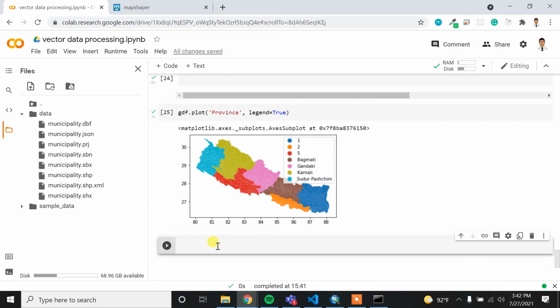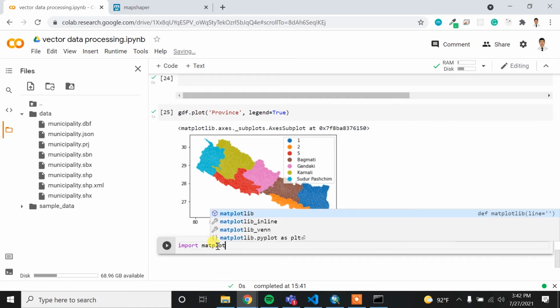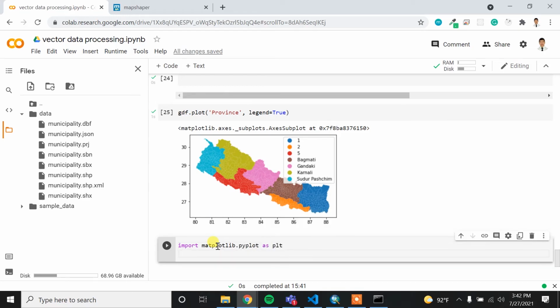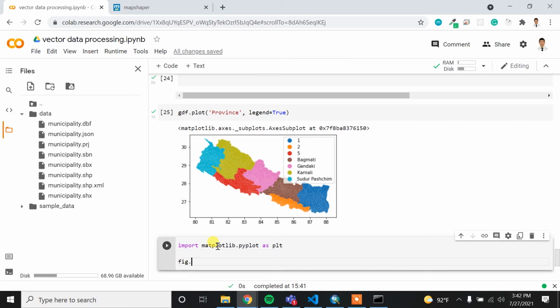So import matplotlib.pyplot as plt. I have to import it, and then I have to provide the figure and the axis. So plt.subplots, my plot will be only one plot, and for the fixed size actually I am going to use the figsize,